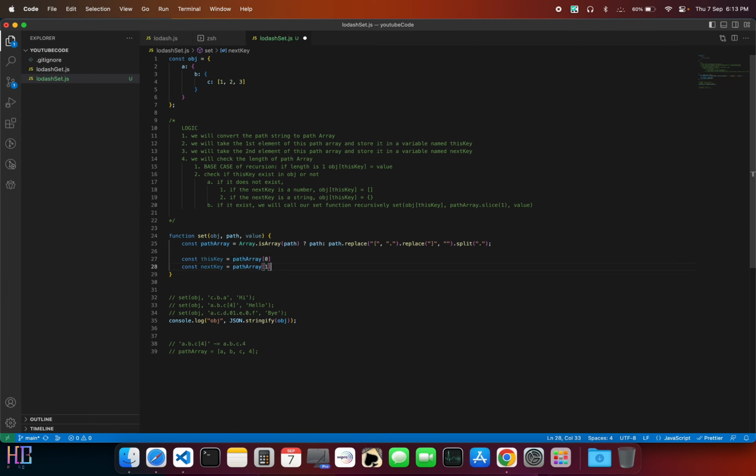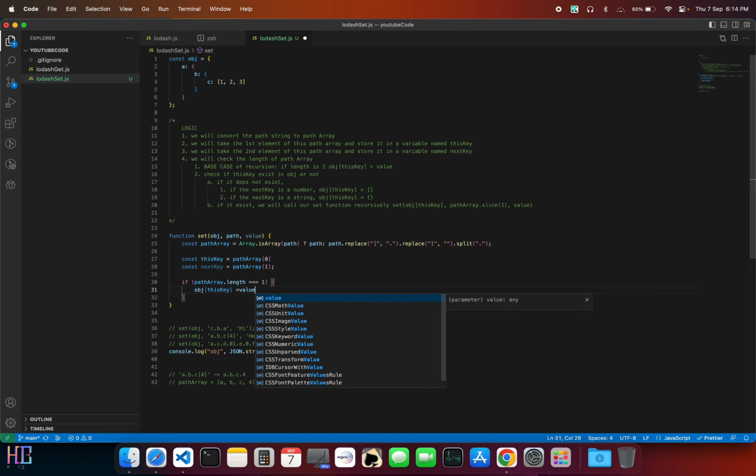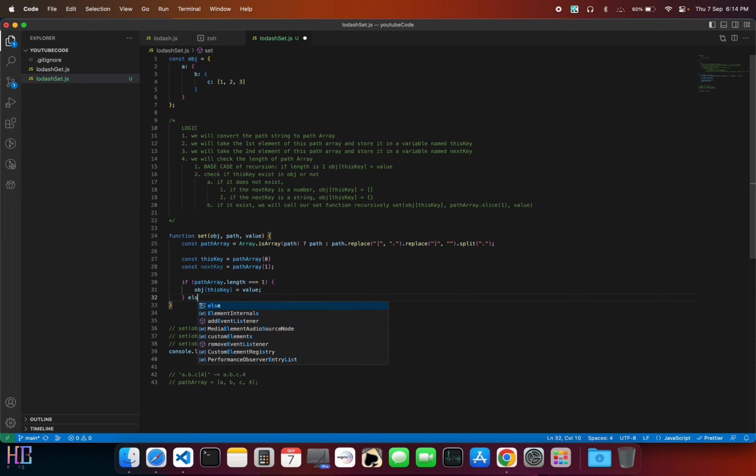Okay, after that we will check if the length of our array is 1 or not. Okay, so if the length of our array is 1, then, like, we are at the end base case, so we will assign object this key to the value. Okay, else